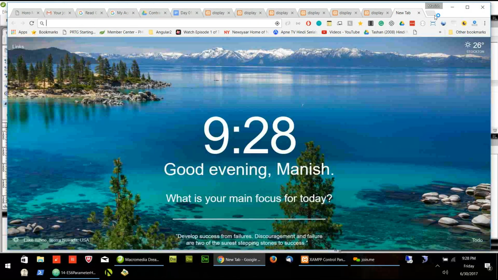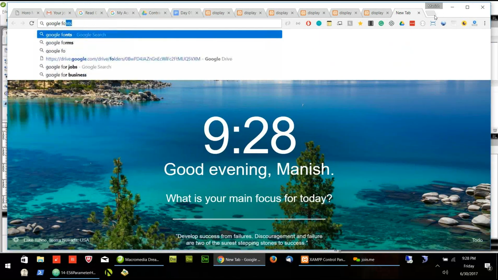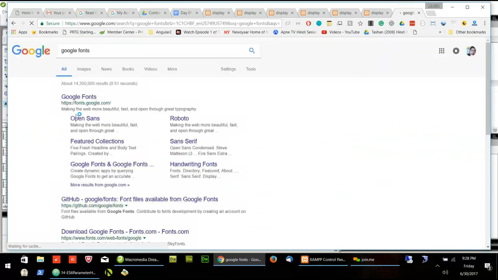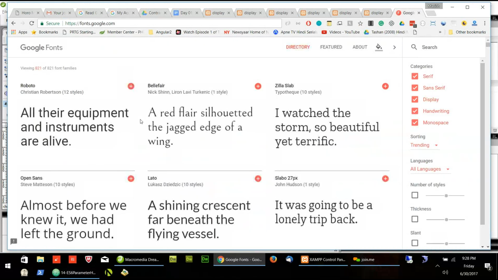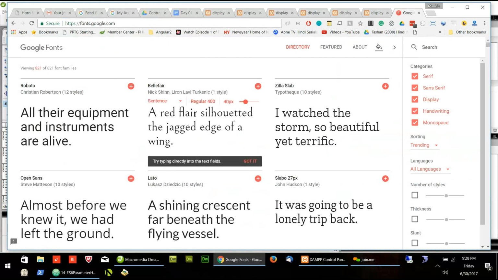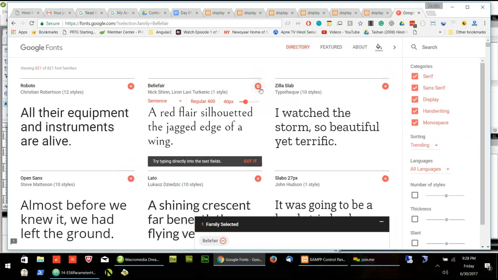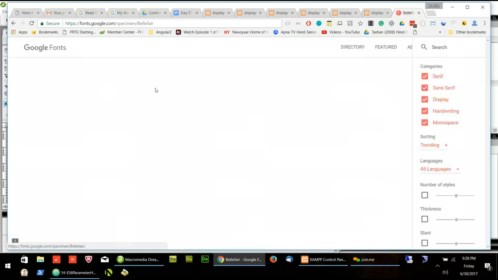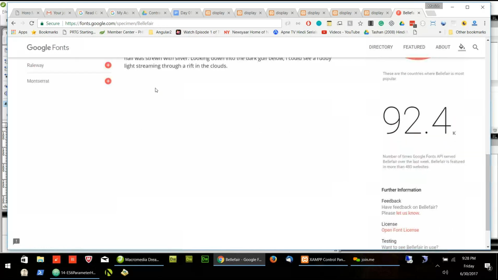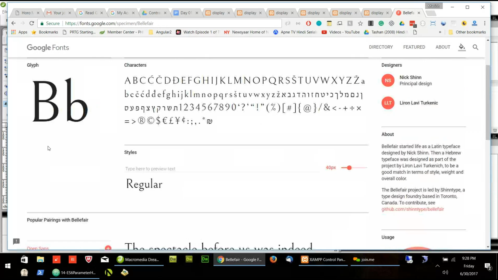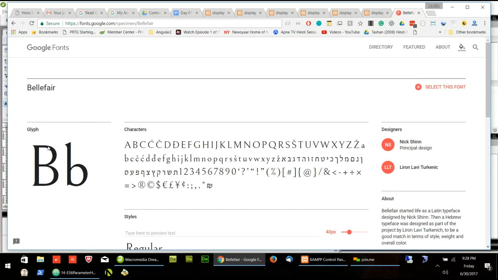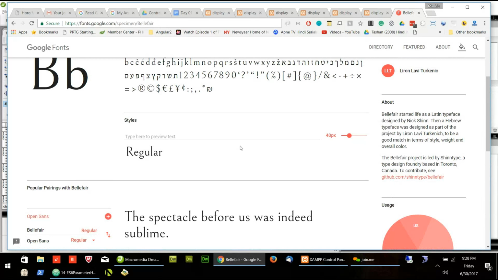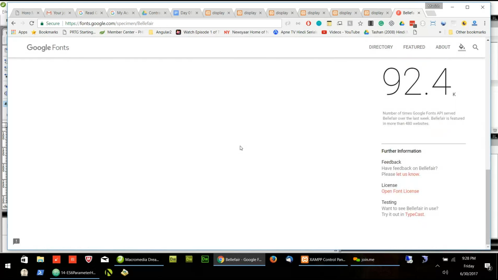So for example, let's say we have to copy the code. Let's say if you like this font, you have to go inside it, and there will be an option to download.